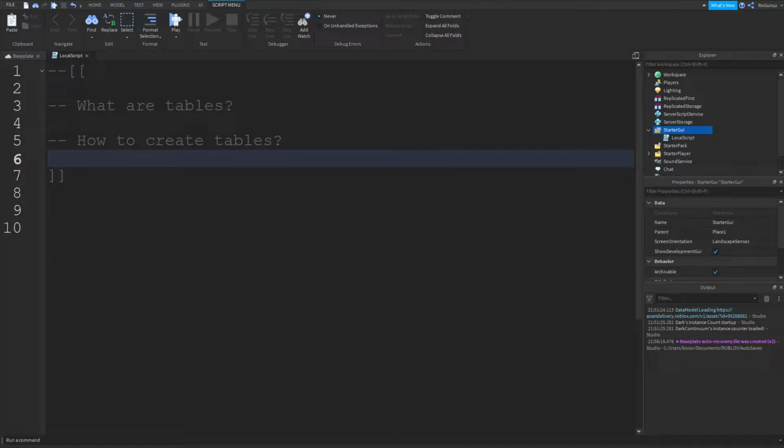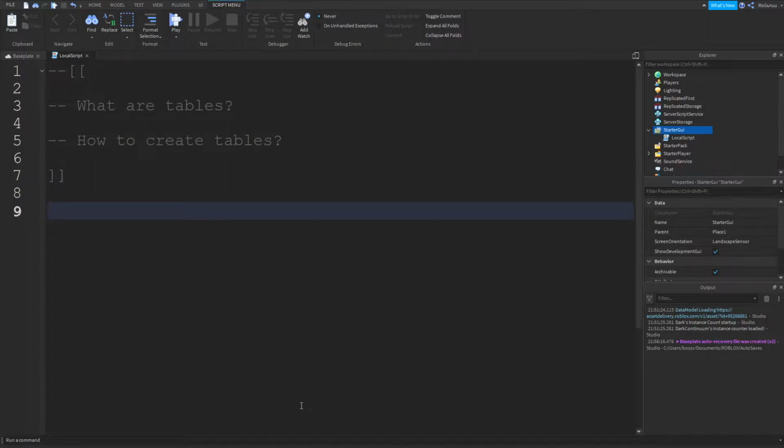Now, in the previous video we learned about arrays and how they are useful in different aspects of the game. Well, you're going to be using tables a lot, and I really emphasize a lot, since they're useful for things such as inventory systems, and they can store a bunch of values and make it very convenient. So, we're going to learn what tables are, how to create tables, as well as how to index them and how to create them different ways.